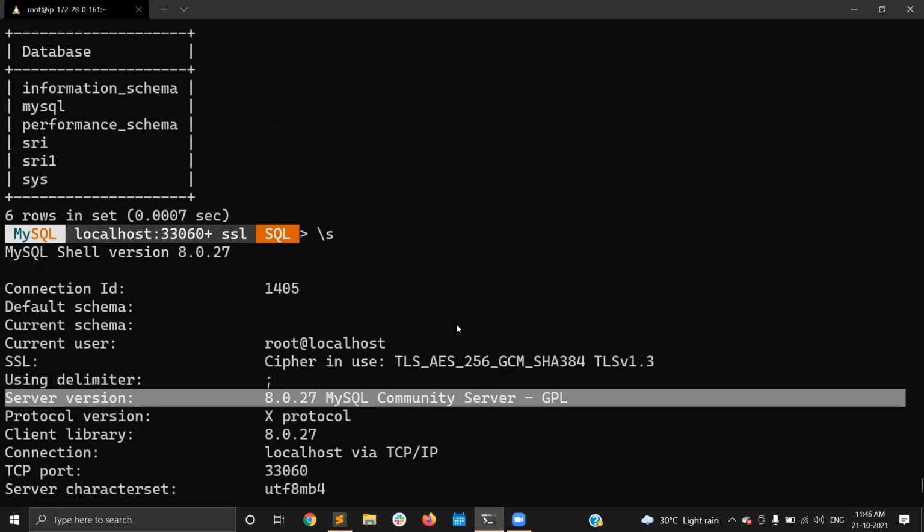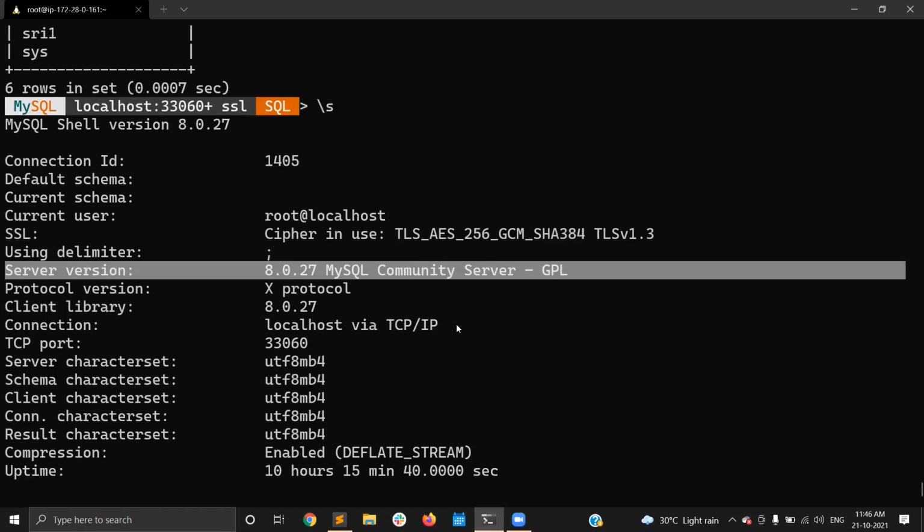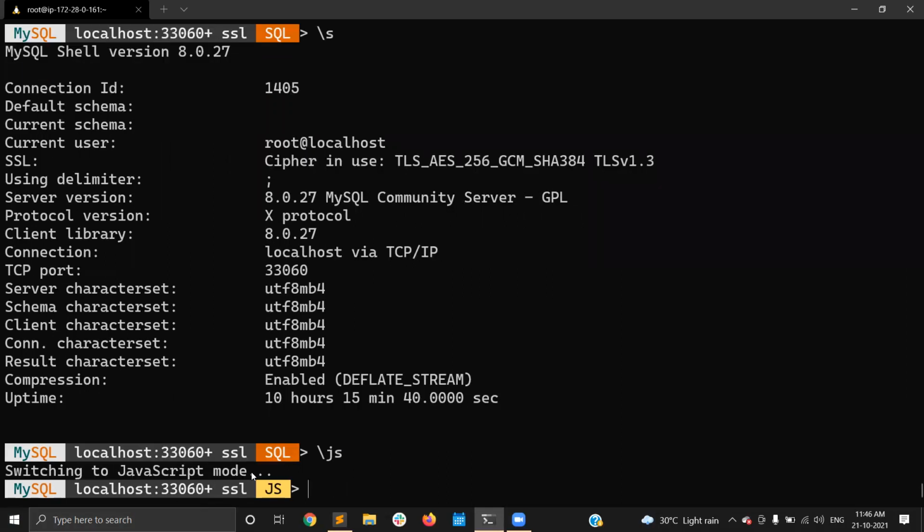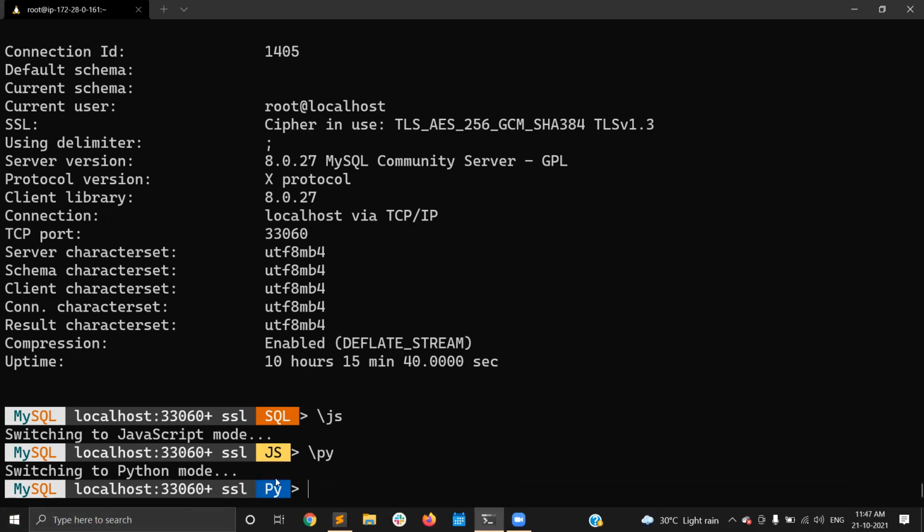To switch to JavaScript mode I need to use \js, and for Python I need to use \py. So these are the three modes supported by MySQL Shell.